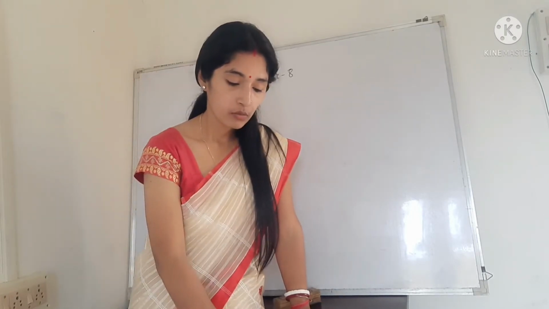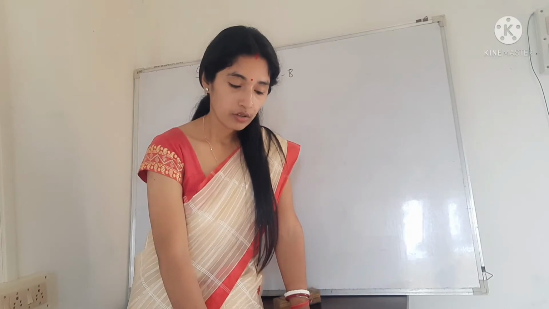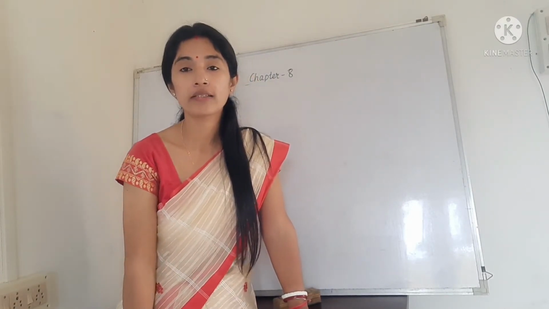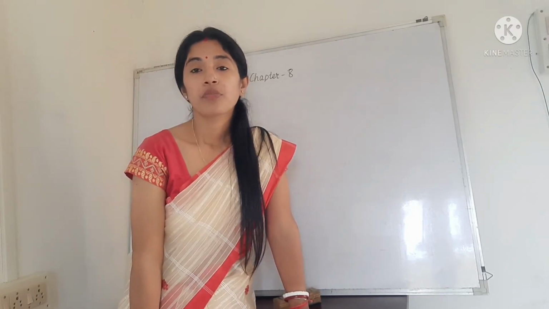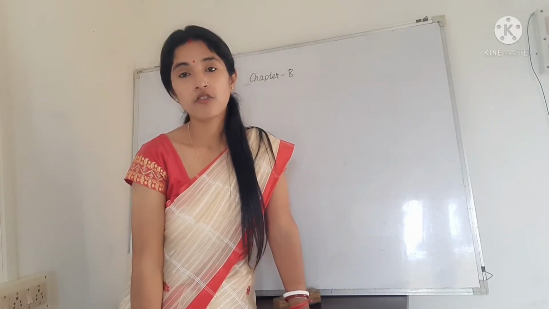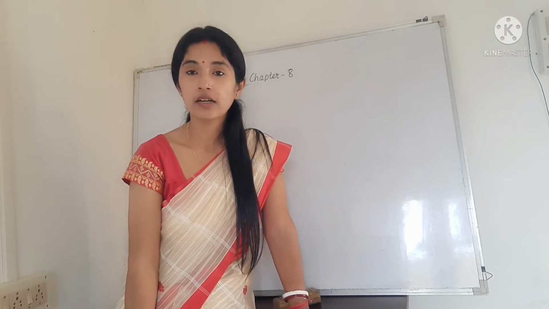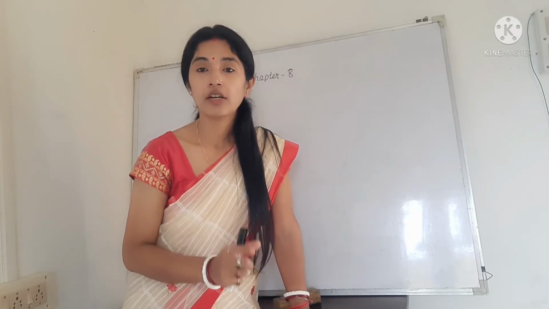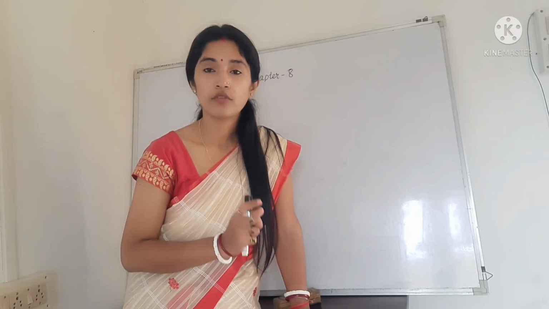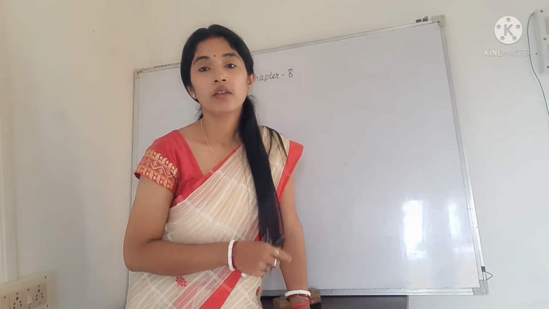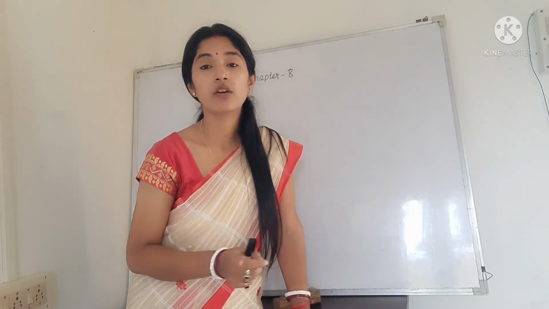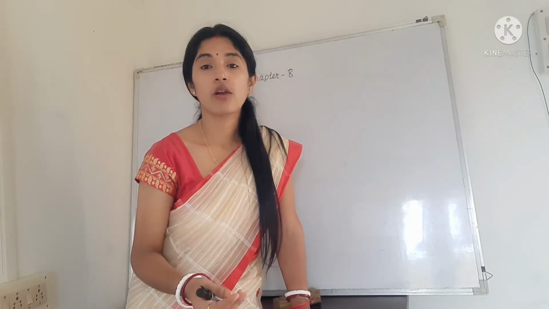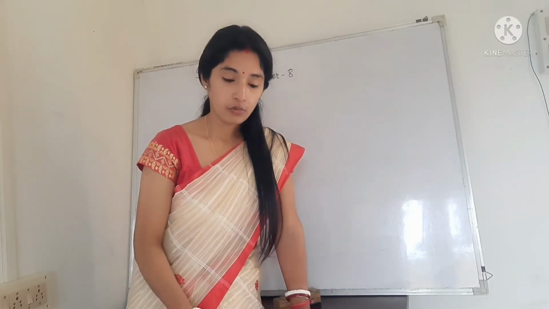Okay, so here the most important theorem you have is theorem 8.6, that is, the diagonals of a parallelogram bisect each other. So we know that there are two diagonals of a parallelogram and they will intersect at a point. After intersection there will be two parts of each diagonal, and the two parts will be what? Equal, because the meaning of bisect is dividing into two equal parts. Okay, so let us prove this theorem.